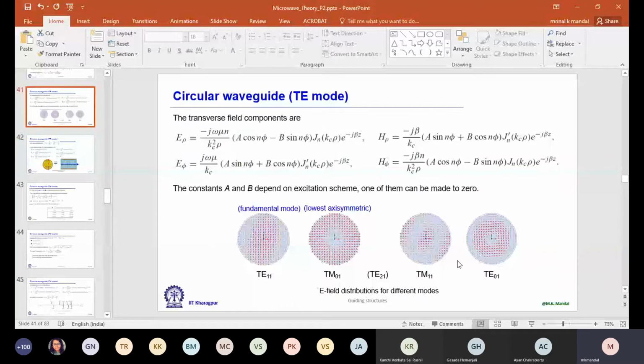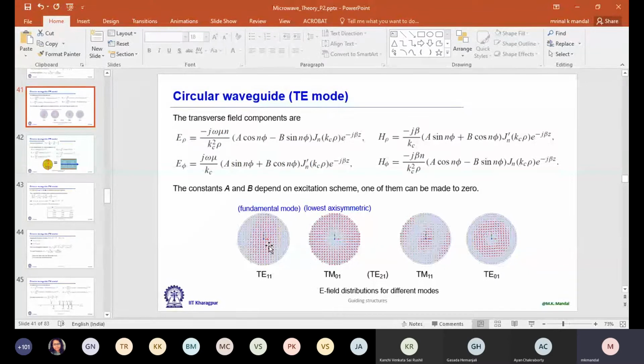Now, what about other modes? So TE11, now I'm showing, according to their magnitude, you can see the direction of the arrow. So here I am just drawing the electric field component. Okay, no magnetic field component. So TE11 is the dominant mode, and for this you see the electric field is maximum along a given diameter. Now from that diameter, if you go to left or right, then it decreases sinusoidally.